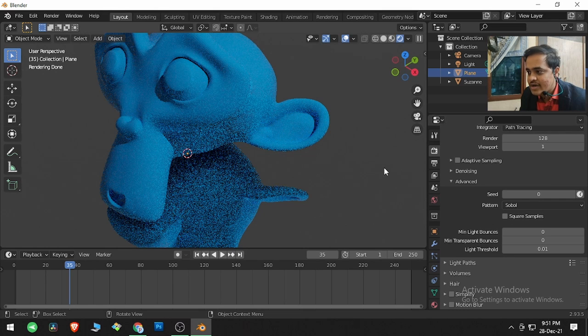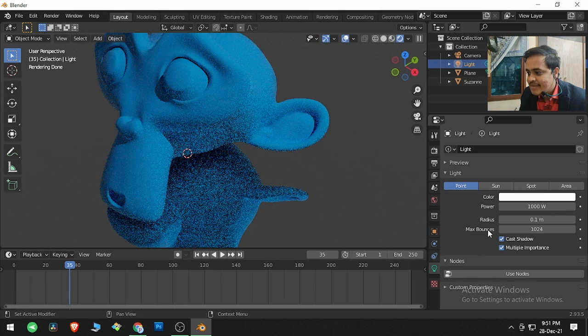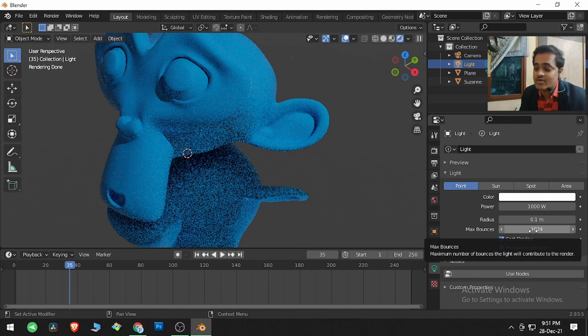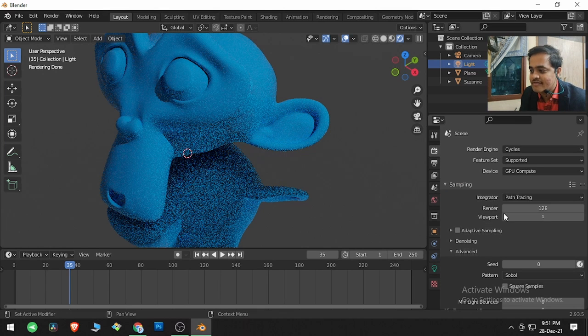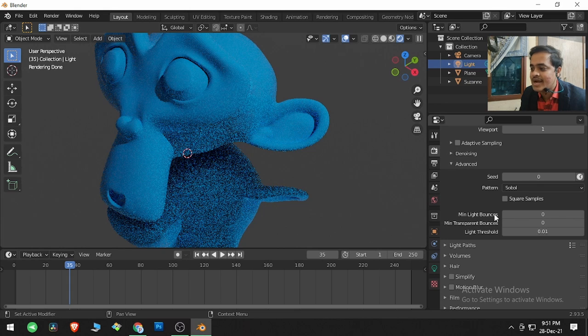Right now, if I select the light and go to light properties, the maximum bounces are 1024. It's more than enough, but for minimum light bounces you can type here 500, so it will bounce the light for a minimum of 500 times before the render is available. So already we have 1024, it is more than enough.